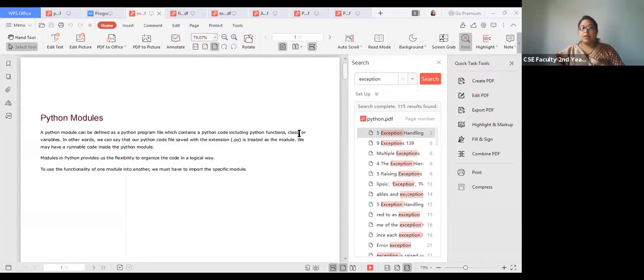That means Python, basically like Java, is an object oriented programming language. So here in Python we can create a class. What is that class? A class can have a unique name and particular functions.